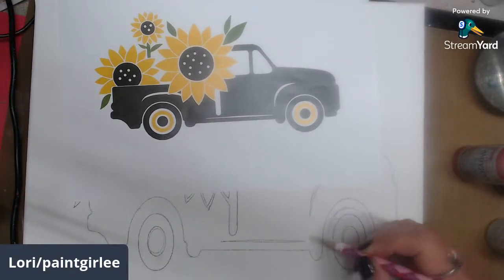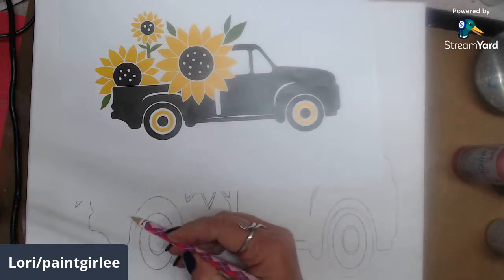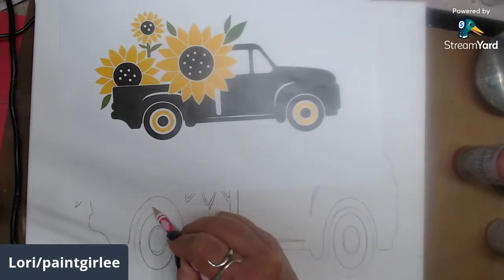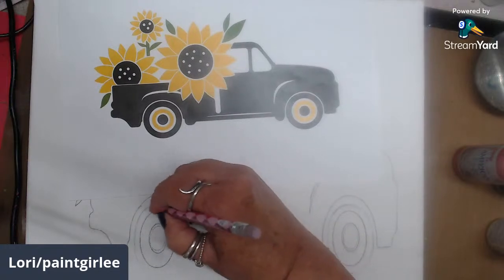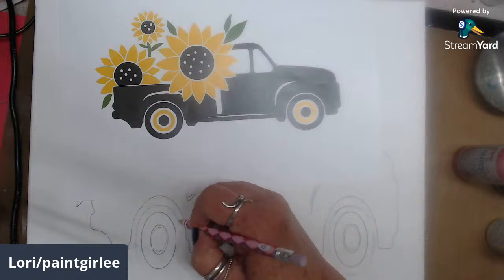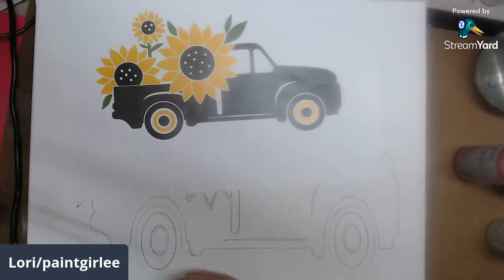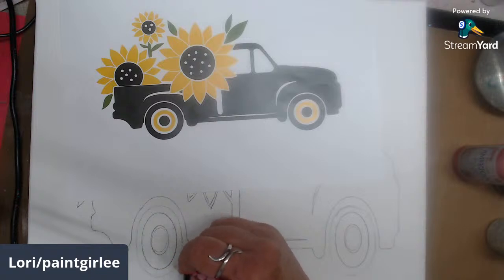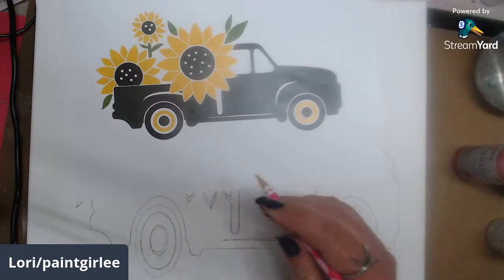And this is not going to be perfect because it's just not. Now, I wish I could get it perfect, but I'm not sure that I have any shape that's going to do that for me. Now, the only problem is going to be with a dark tire, black tire, and a